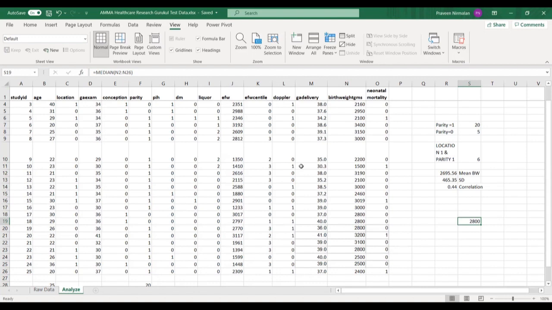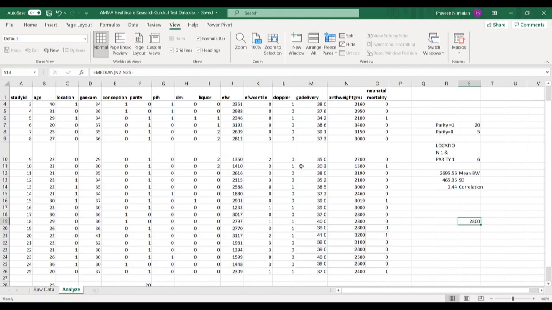Get the mean, get the standard deviation, get the median, you can look at a correlation, and you can develop cross tables quite easily because you're getting the counts easily. Once you have that, you can take out that information and go to other sets of freely available software like OpenEpi, or even MedCalc, which has a free